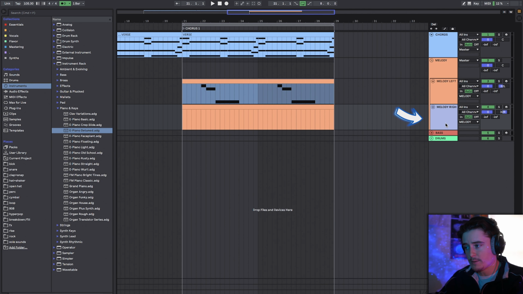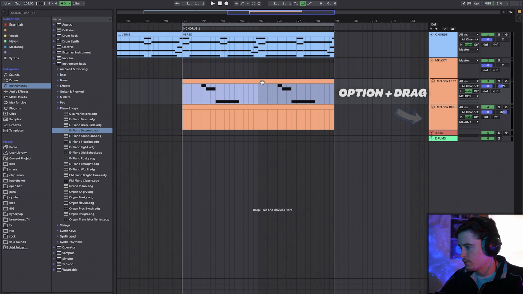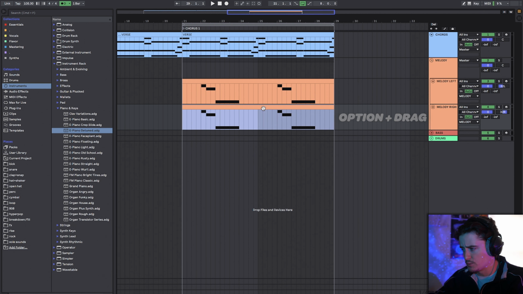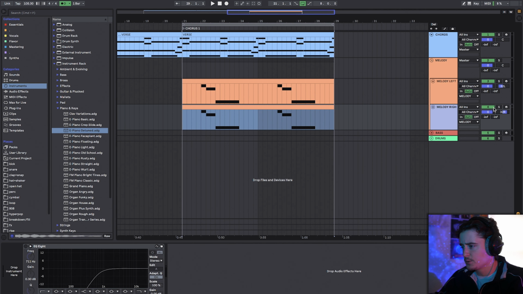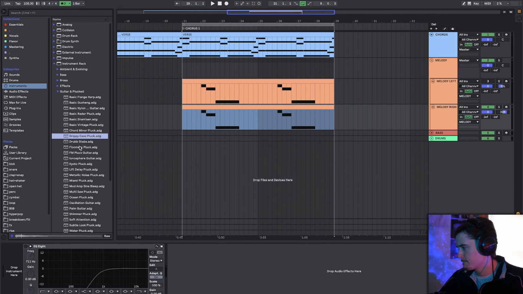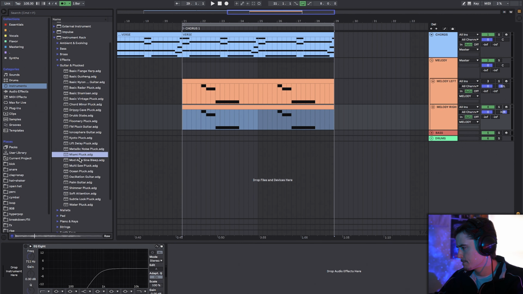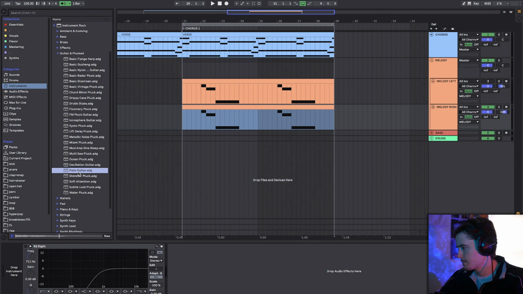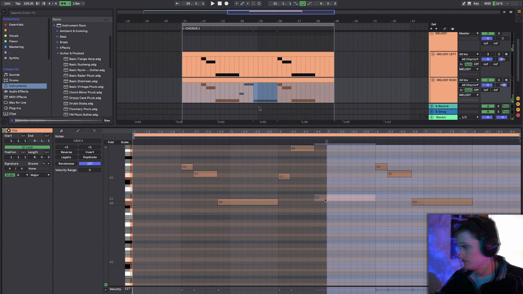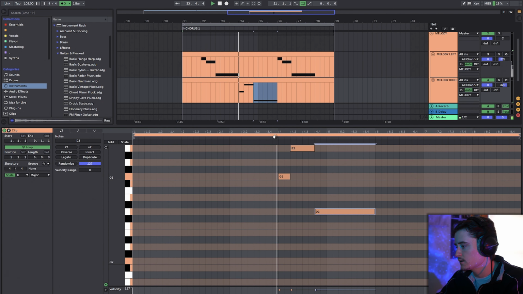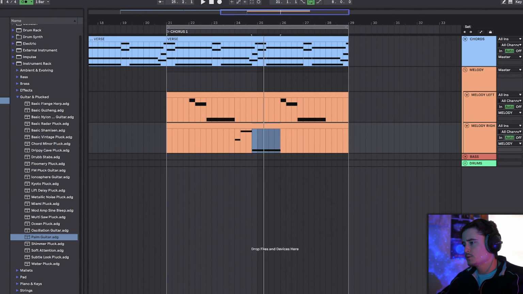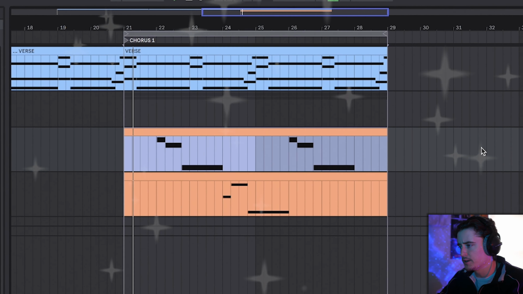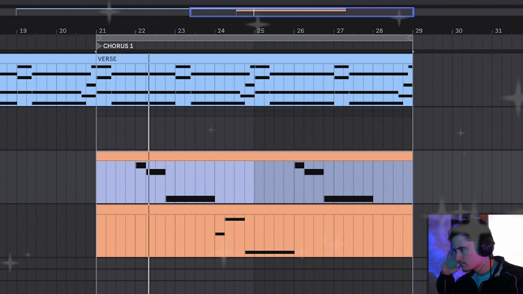Now let's add the right melody. So let's hold down Option, which is basically duplicating that. And as you can see, we don't have an instrument over here. So we're going to turn off this left melody. We're going to be throwing in a right melody. Let's throw in a guitar. Let's throw in this palm guitar. There it is. Super simple, kind of call and response melody. We've got the left,